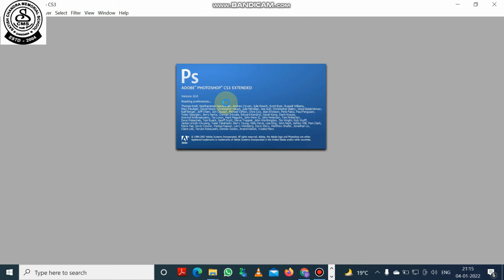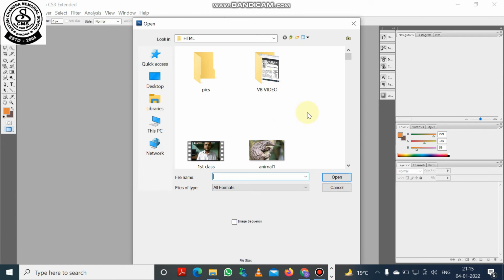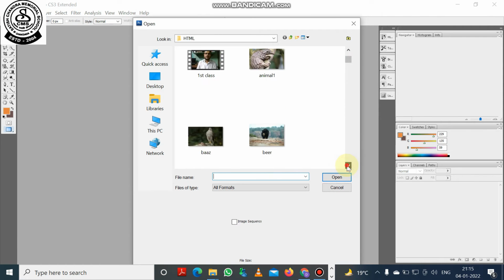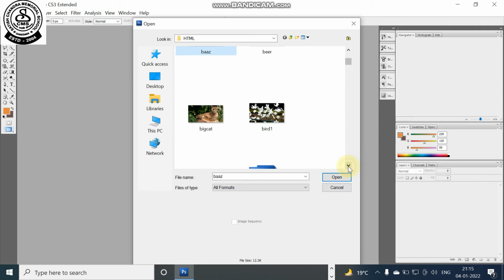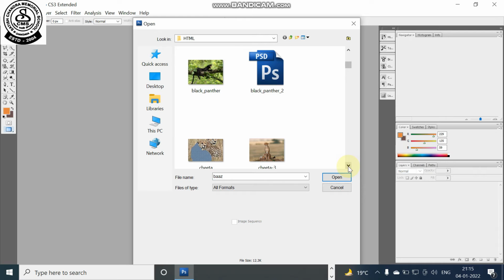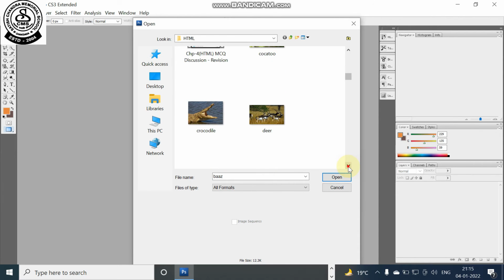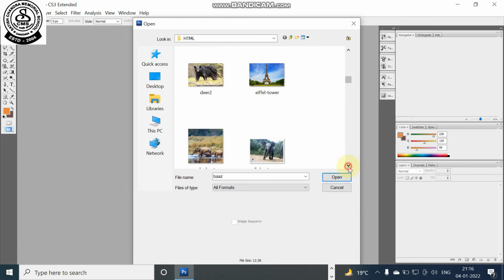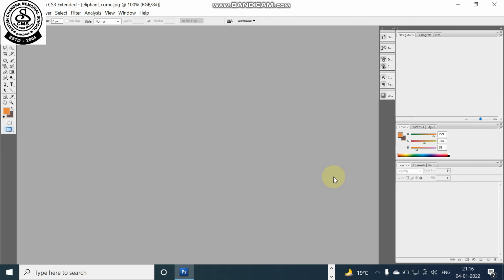The Photoshop window has opened, and we are opening the falcon picture. This picture is having some problem, so we are opening another picture. Suppose this elephant picture. Let's see how it comes.